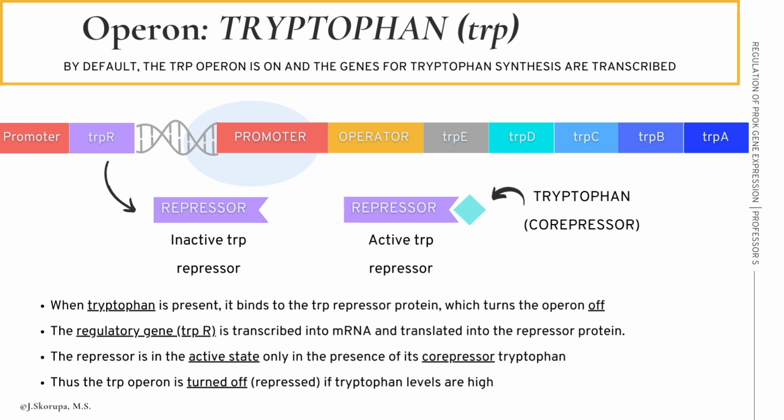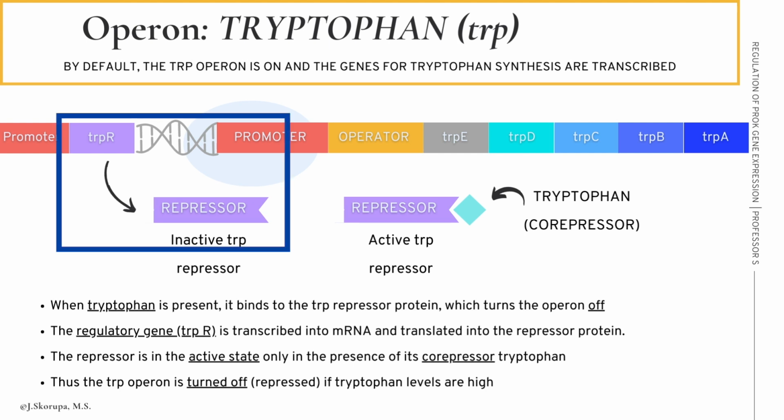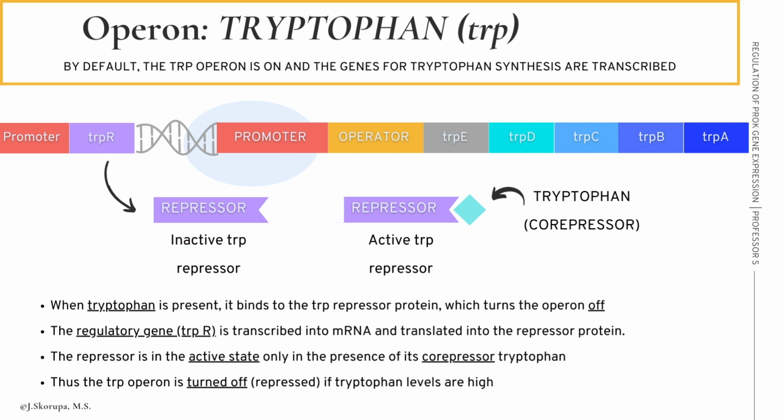And by the way, where does the repressor protein come from? It's encoded in the regulatory gene trpR, trpR. Again, seen upstream of the promoter. trpR is transcribed into mRNA and translated into the inactive repressor protein. The repressor begins in an inactive state. The repressor is only in the active state in the presence of its co-repressor tryptophan. This allows it to bind to the operator to block transcription. Thus, the trp operon is turned off or repressed if